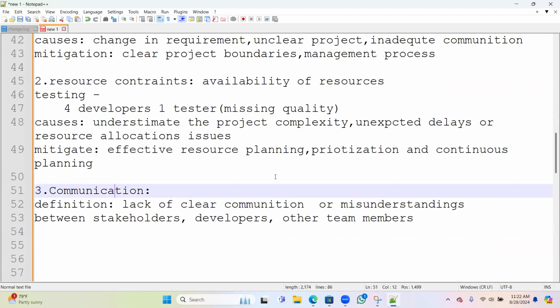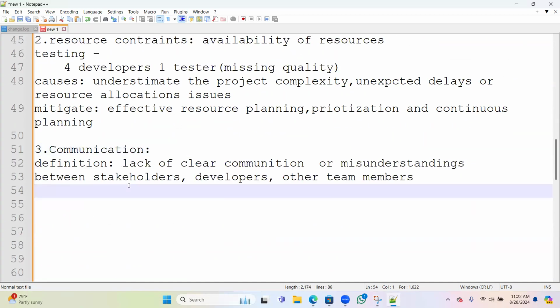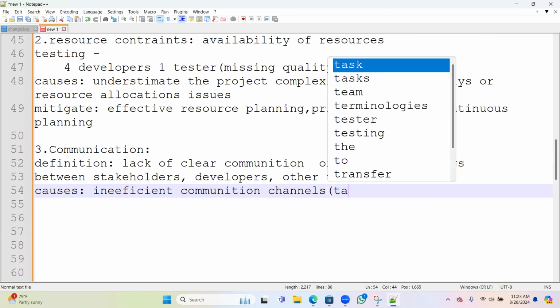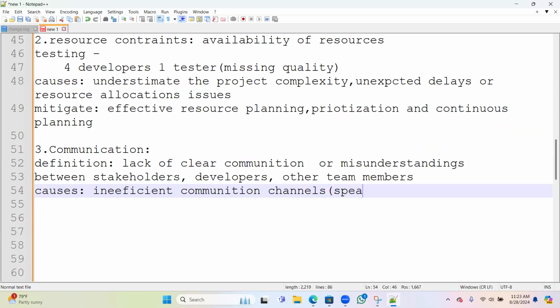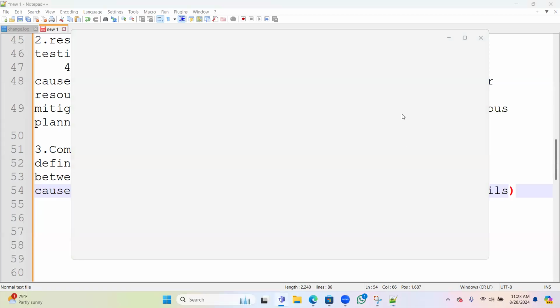Okay, so what are generally the causes? Whatever you want to convey, whether it might be in speaking, or in chat conversation, or text or mails, I would say these are some channels we use in the project. So generally we use Teams to communicate with each other.